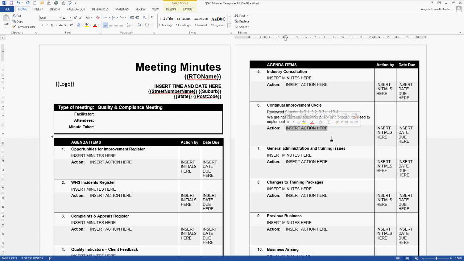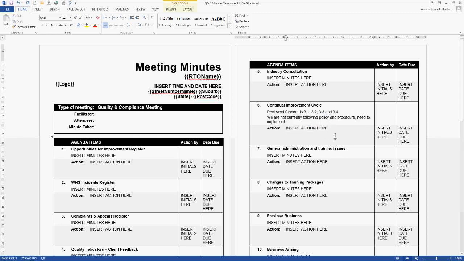The VET sector would be, for example, a VELG training conference or an ACPET conference. If you're in the business sector, there are heaps of different conferences, entrepreneurial conferences, business conferences. The IBSA, the Industry Skills Council, also has conferences and workshops you can attend. So there are different ways you can do industry consultation.